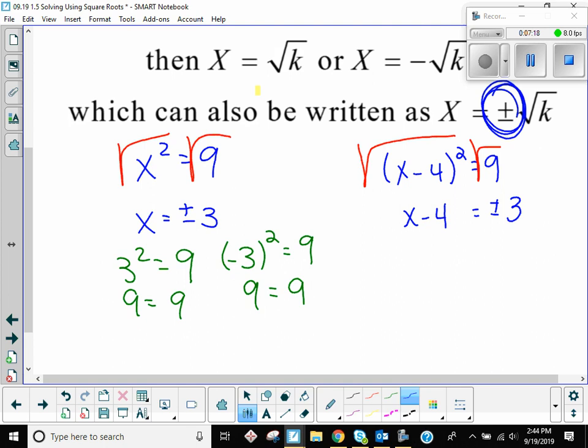So we have released the x from the bondage of the power. That's very dramatic, right? It was sad. And now in order to solve for x, I have one more thing I have to do, which is what? Because now x is free, and it wants to be isolated. How do I undo this minus 4? Plus 4? So x equals 4 plus or minus 3, which is true,